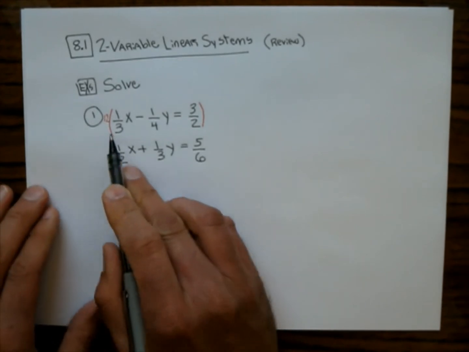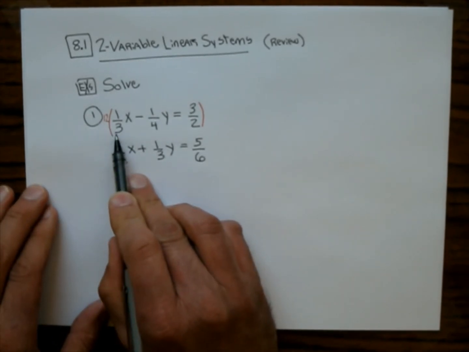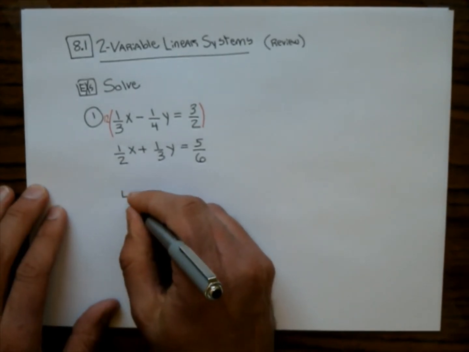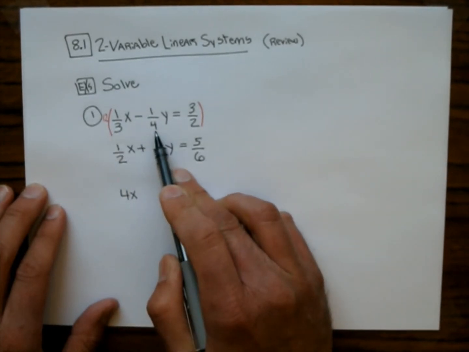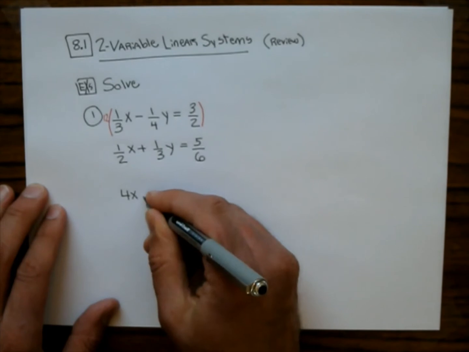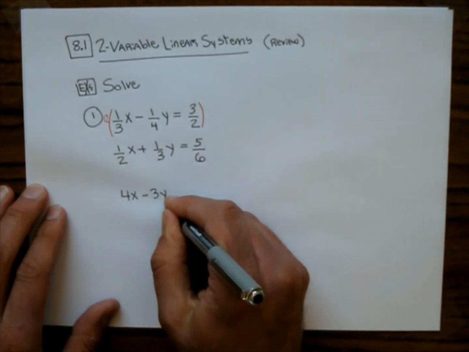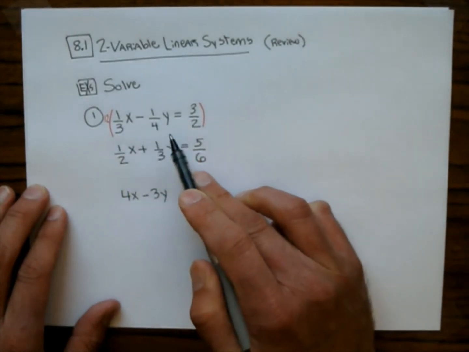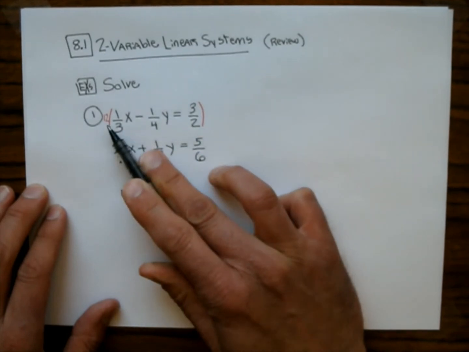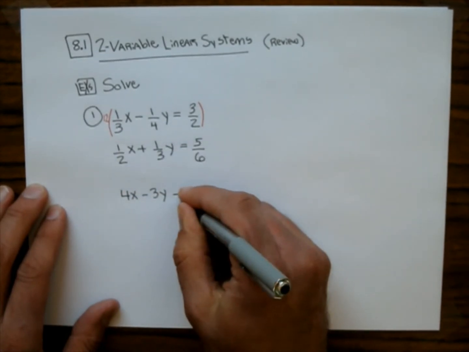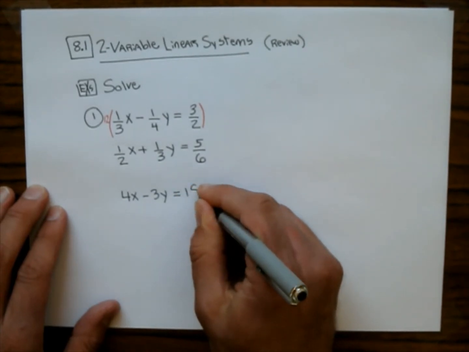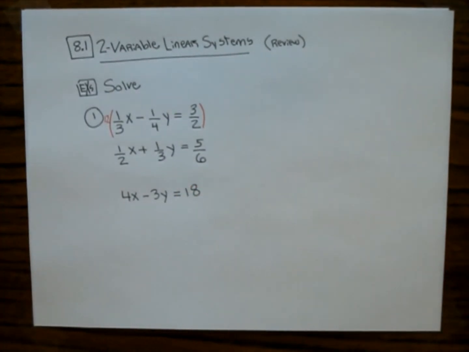And so when we do that, we end up getting 12 over 3, which is 4x. And then we have 12 over 4, which is 3, so minus 3y. And then 12 over 2 is 6. 6 times 3 is 18. Okay, so I'm going to multiply